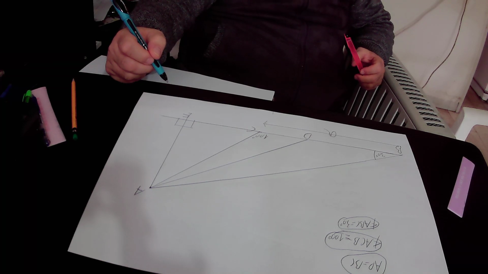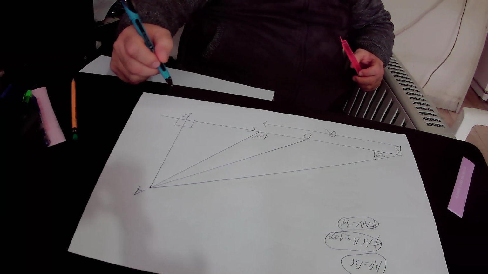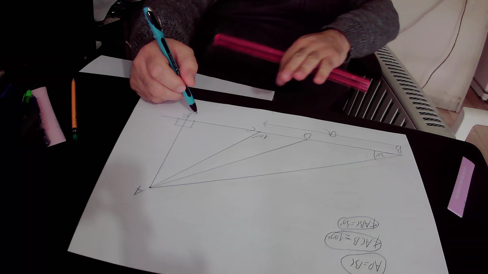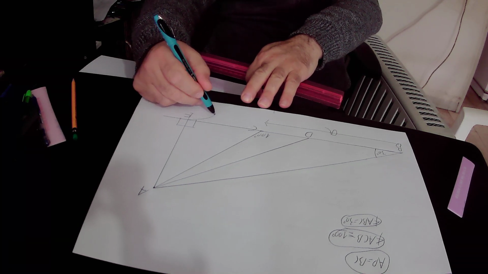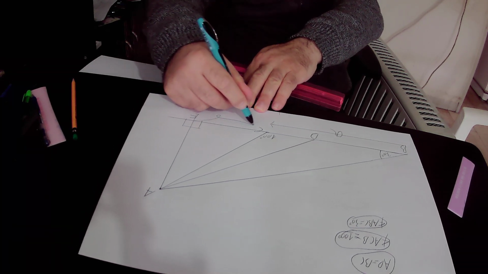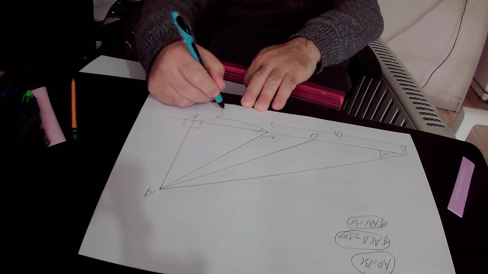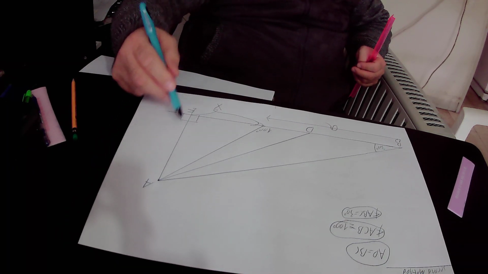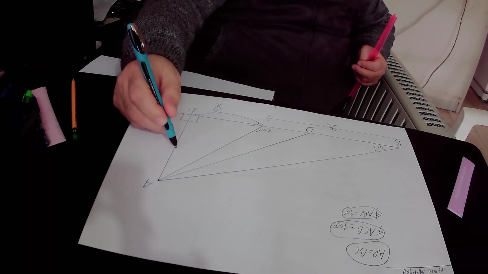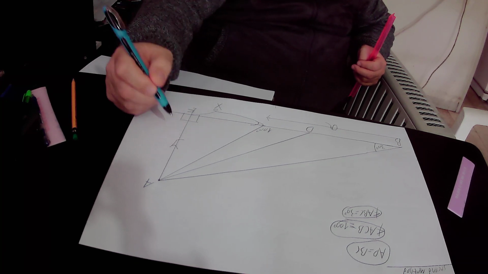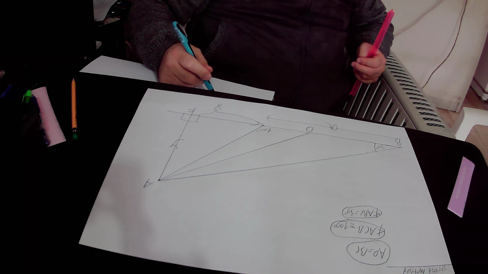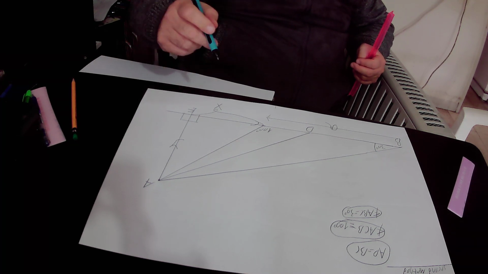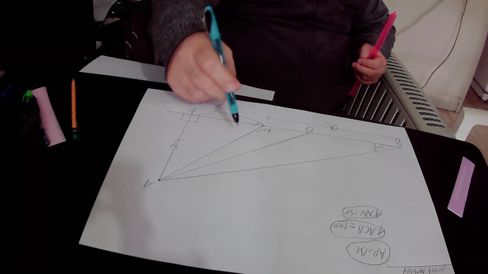And we will define line segment CE as X, and we will define line segment AE as Y. What is the value of angle ACE? The value of this angle,